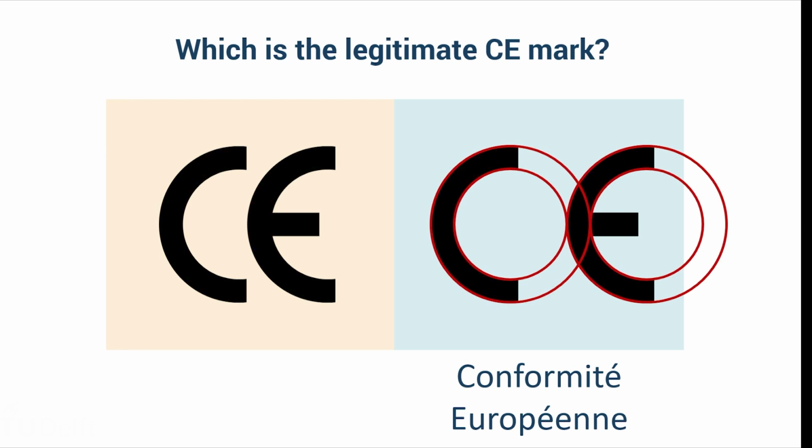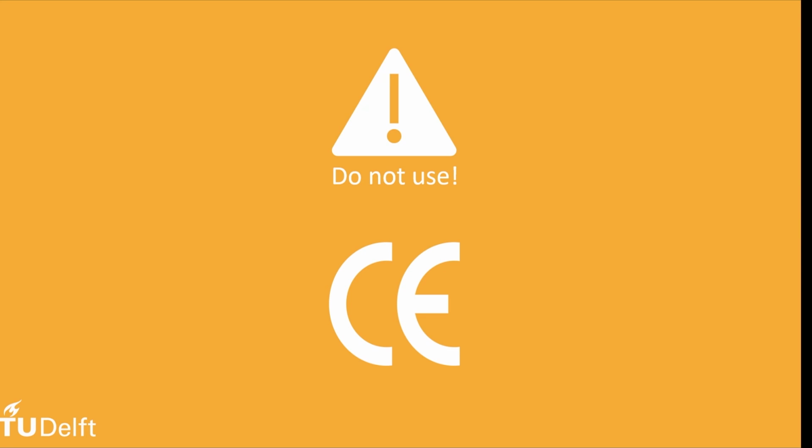You can check that by continuing the lines of the circles on the inside and outside of the C. Check Annex 5 again if you want to compare. The one on the left is just a very smart rip-off from another country. It means China export. Please remember that products that are not marked with the European CE mark are not allowed to be traded in Europe and have not been certified to comply with European standards.